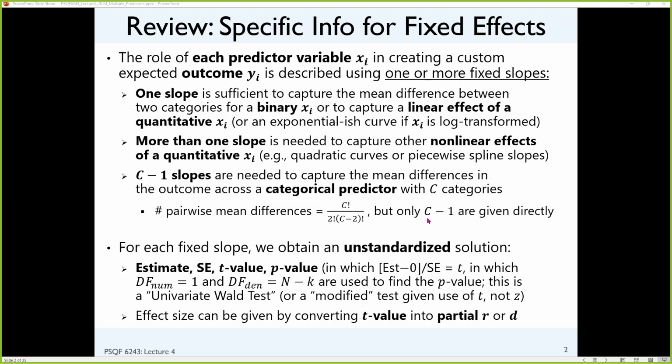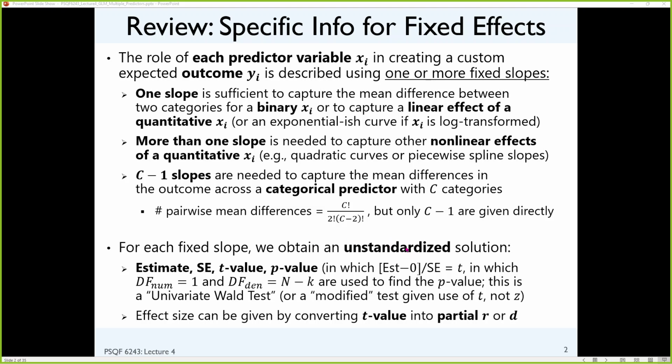Here is the formula, by the way, that you can compute this. And only some of the differences are given by your slopes. The others are all linear combinations that you can get by subtracting them or adding them or however it works out in your instance. So in each of these cases, what we want to know about the slope from an unstandardized solution,